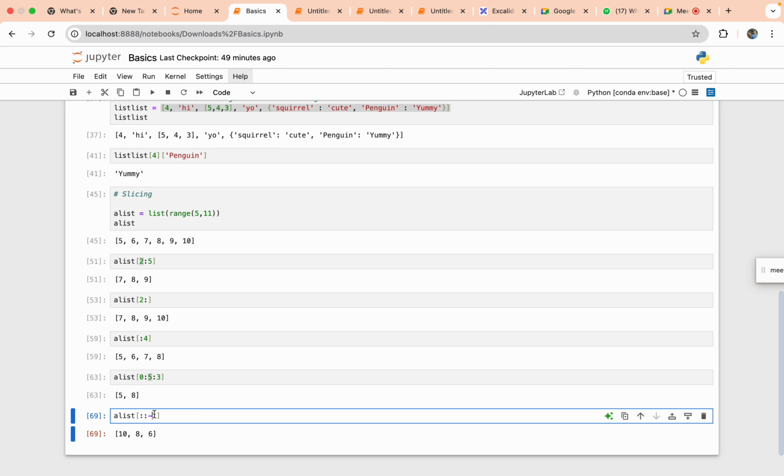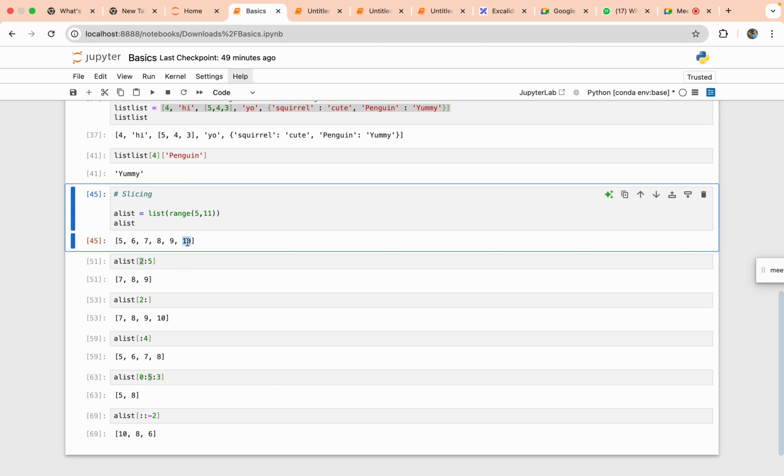-2 means go backwards, skipping one item each time, whatever we mention here. So we have a list that starts at index 5, 0 1 2 3 4 5, which means -2. Skip one back,